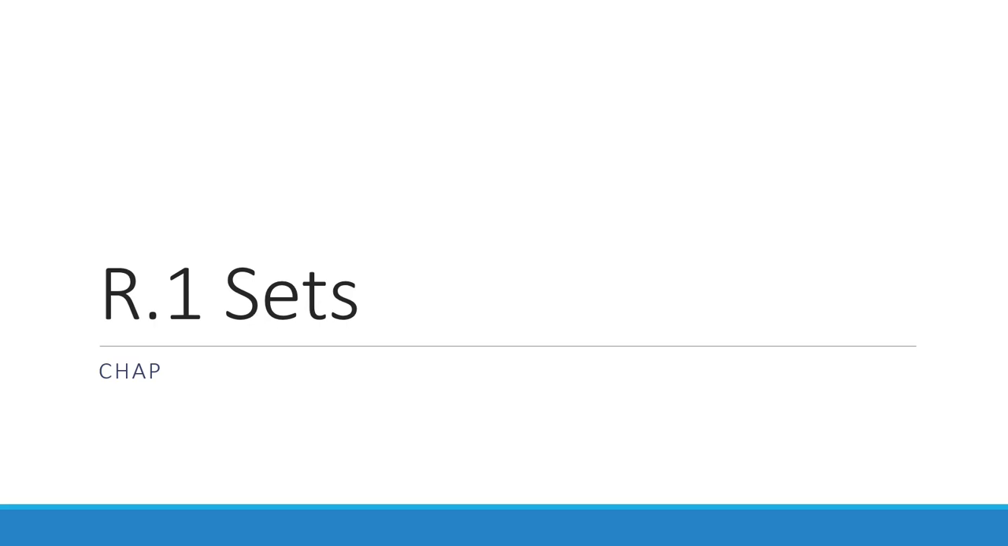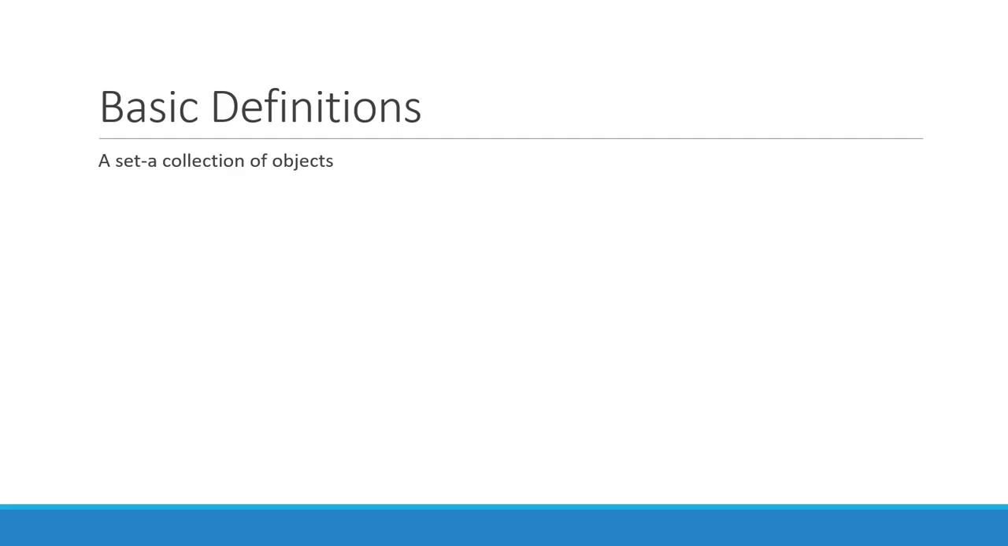In section R.1, we're going to look at sets. A set is a collection of objects. For example, we have the set A here, which is equal to the numbers 1, 2, 3, 4. When we talk about sets, we generally use these curly brackets or braces to denote a set. In this case, we have a set with the numbers 1, 2, 3, 4, so there are 4 elements in